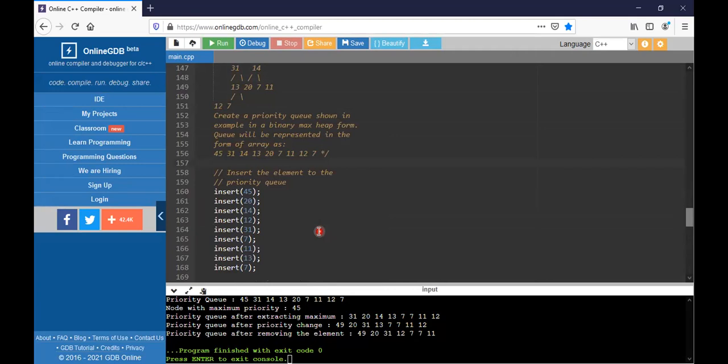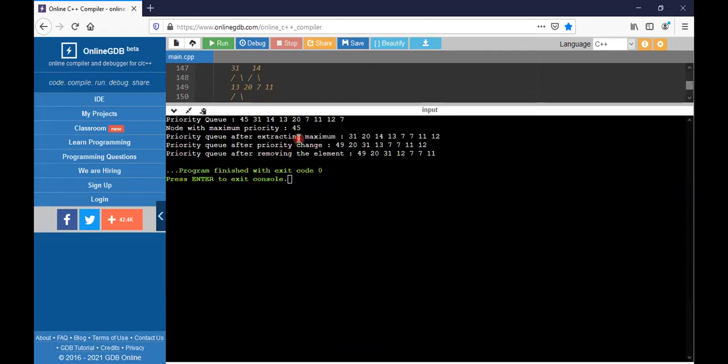So here I insert the elements in this order only. How I am going to create this one is, it is specified as a maximum heap representation. Maximum heap representation will be taken into account. So here we should know which node has the maximum priority. The maximum priority node here is 45.